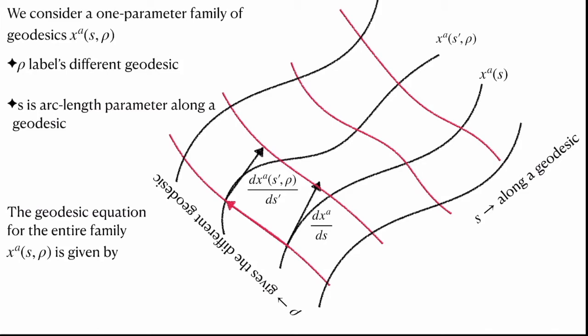So the entire family of curves given by x(s, ρ) satisfies the geodesic condition. Note that in order to make it along the curve, we are using partial differentiation, but it is essentially a tangent vector along the geodesic, and Γ is evaluated at each point on the curve wherever the equation is evaluated. This is essentially the geodesic equation, which is satisfied everywhere along this two parameter family of curves.